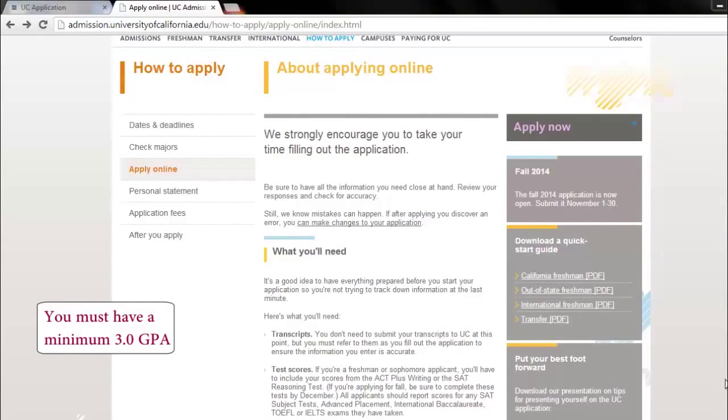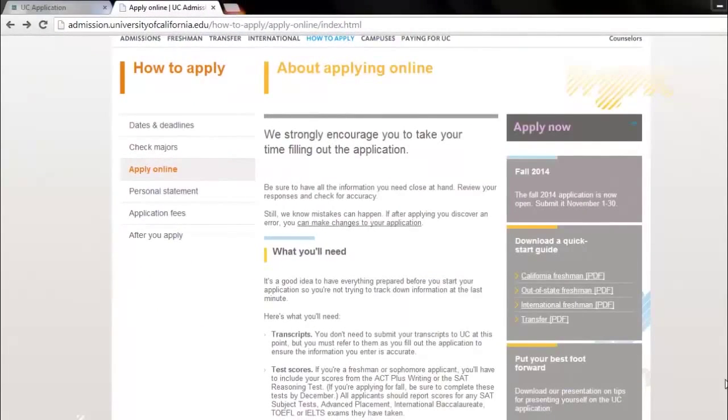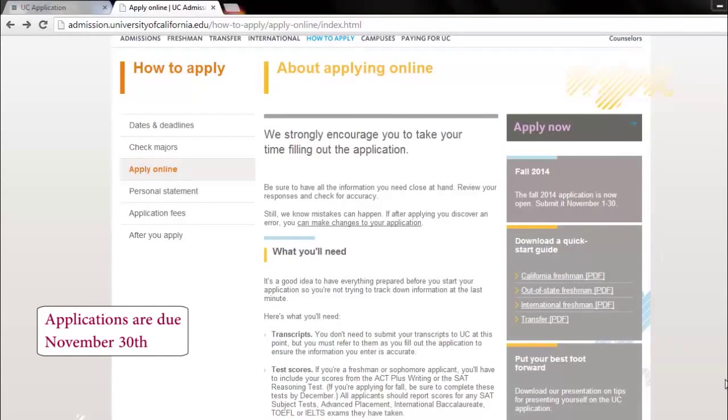You must have a minimum 3.0 GPA. You must have taken the SATs or ACTs, and in some cases, depending on the major, you also need to complete the SAT subject test. So the application window for UC's opened October 1st and the application deadline is November 30th, which is coming up. Now let's head over to